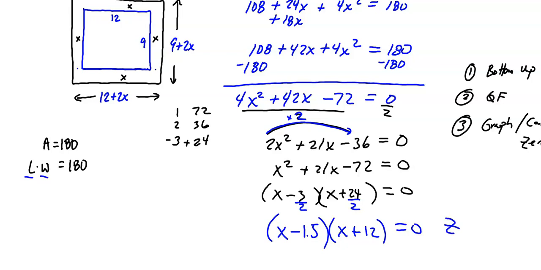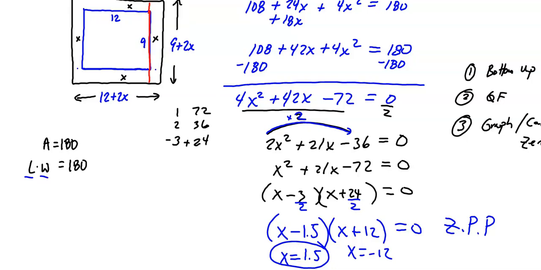Now I've got to find the zero product property. When is each parenthesis equal to 0? Well, it looks like x could be 1.5 or negative 12. Since I can't have a dimension of negative 12 as my width, it looks like 1.5 is going to be it. And if I check this, if I put 1.5 in, basically I'm going to have 9 plus 1.5 plus